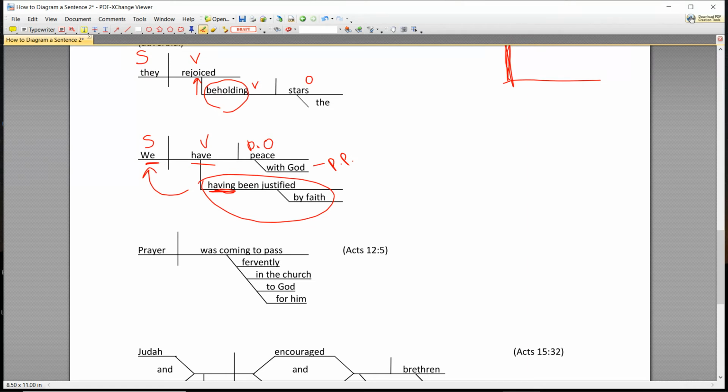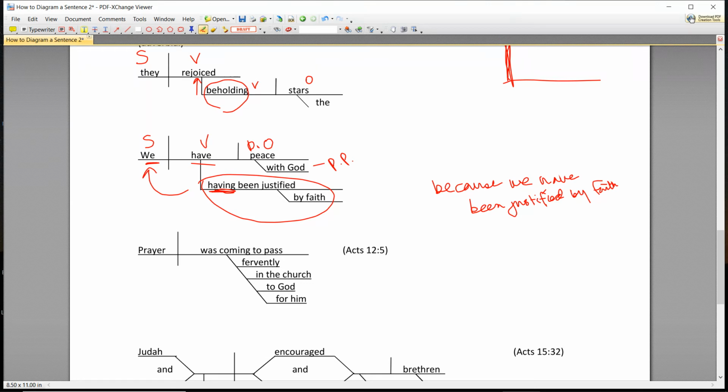So we have peace having been justified. Or maybe the logic is because we have been justified by faith,